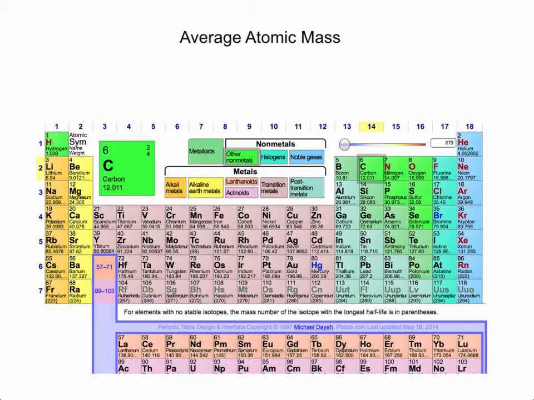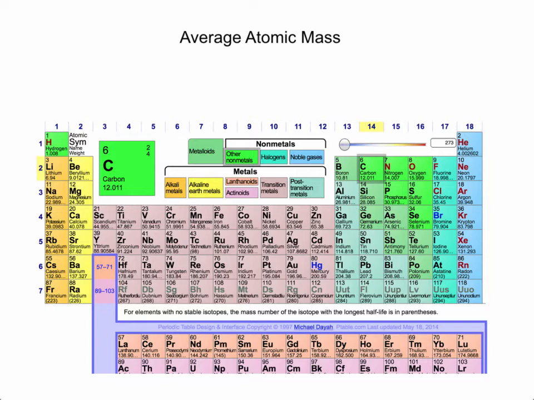Now let's look at the periodic table. The periodic table is a list of all of the elements that we know of and is organized in a way that tells us a lot about the elements. As we go through the year, we'll be using this table to learn lots and lots of different things about all of these elements. This website, ptable.com, is going to be very, very helpful because it is an interactive periodic